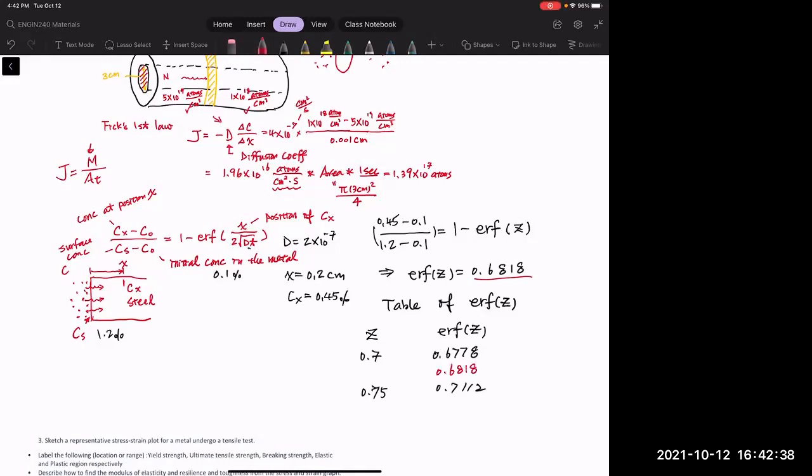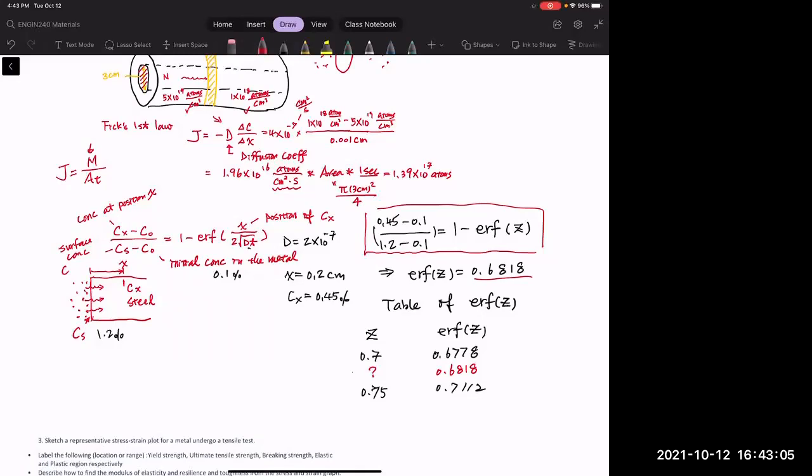Do you mind if I ask real quick? You have the ERF of Z equals 0.6818. Is that something you calculated, or is that something that was given? I calculated it on this one here. Oh, okay. You solved, got it. Make an ERF to the left, right? And one minus the ratio of that number will give you that. Thank you. Yeah, and then we want to find this value here because this value is the Z,